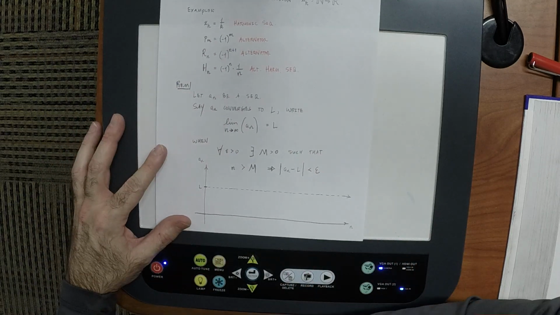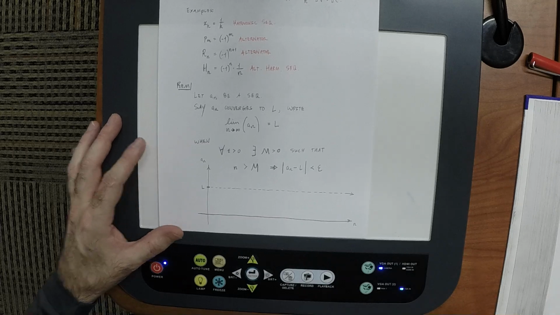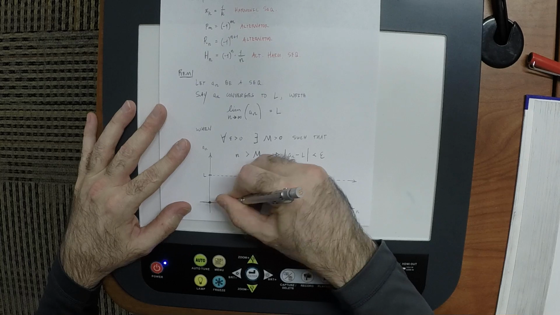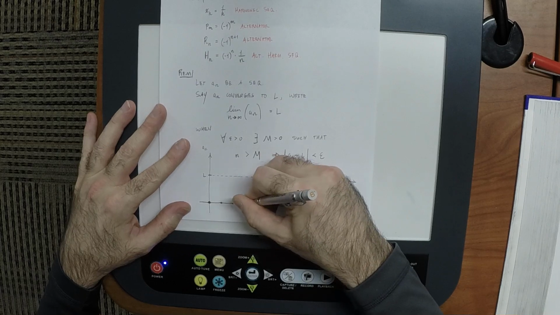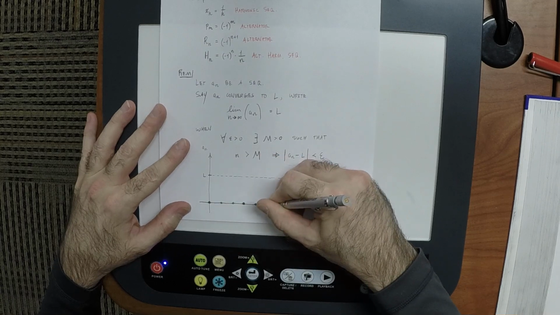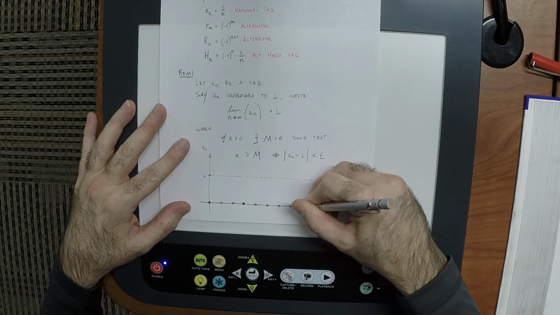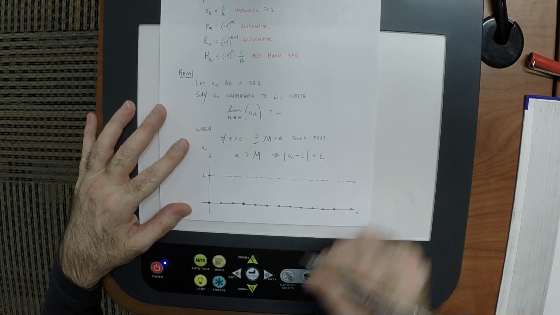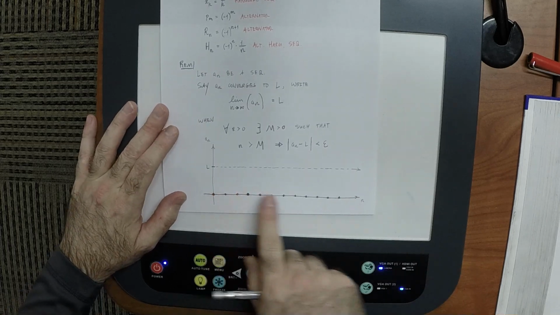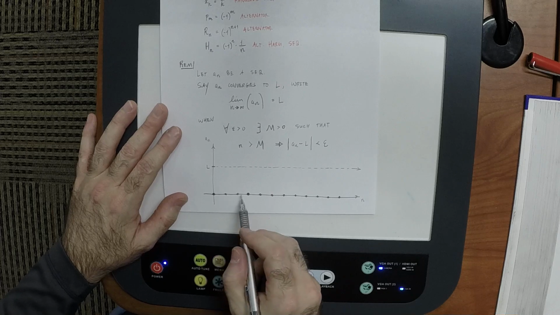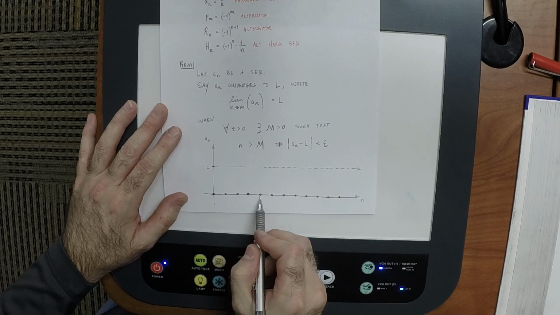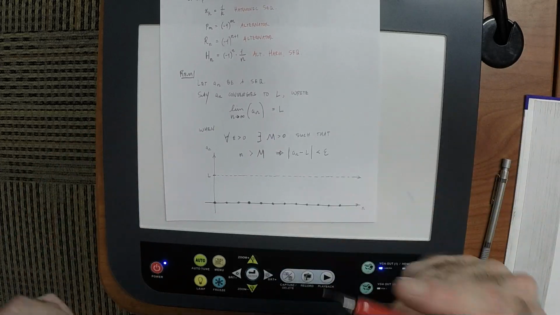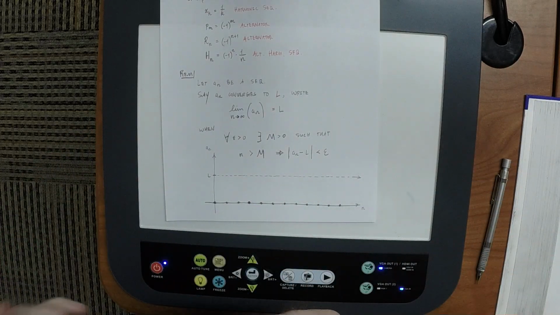So that's an output value L. So that's 0, 1, 2, 3, 4, 5, 6, right, etc. Those are the only inputs that are permitted. Like we can plug in 3 and we can plug in 4, but we can't plug in pi. So a sequence, if you plot it, is just some points there.